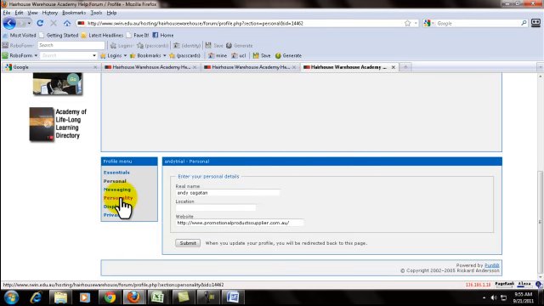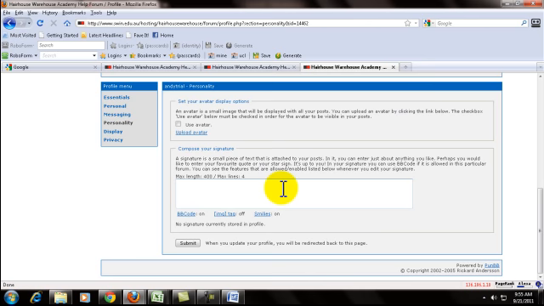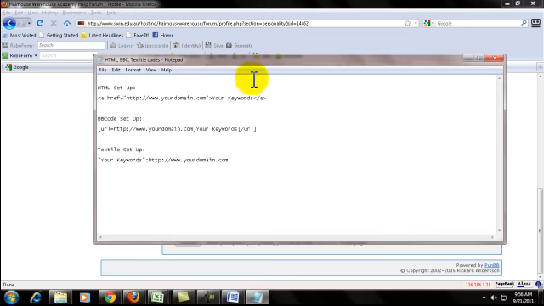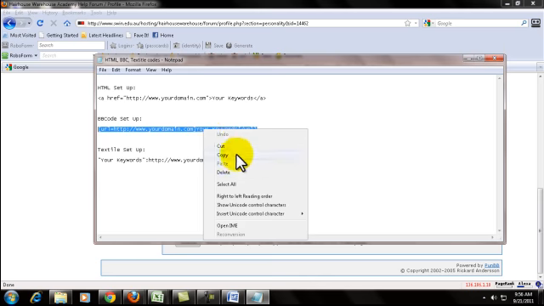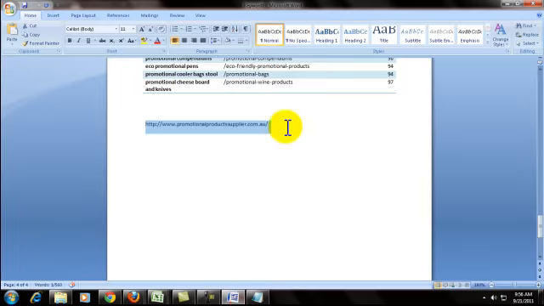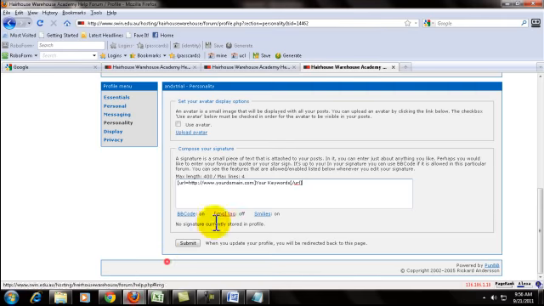Then I will go to personality. Here you can use a BB code to put your anchor text. This one here is called the BB code. You will copy and paste that here in the signature field, and you will just replace the your domain with the URL you are promoting, which for this example is the PPS site.